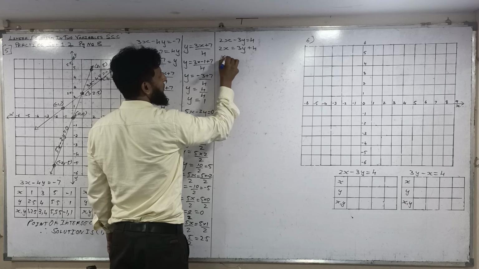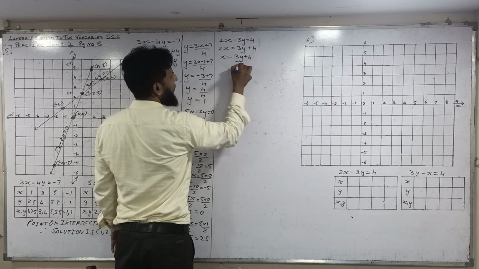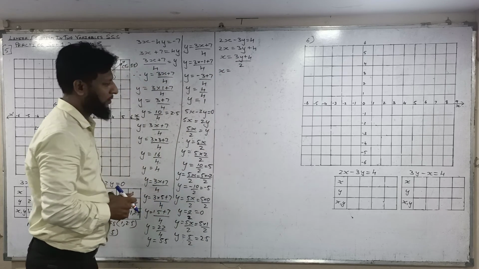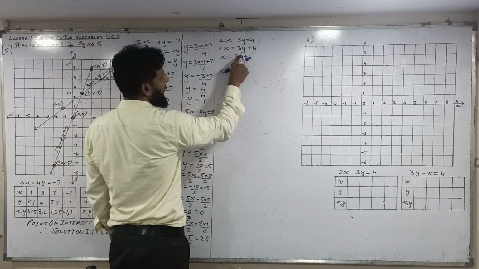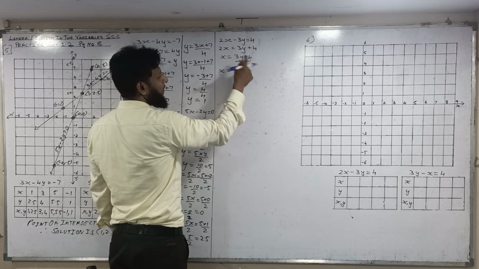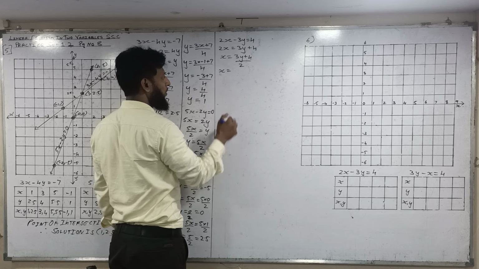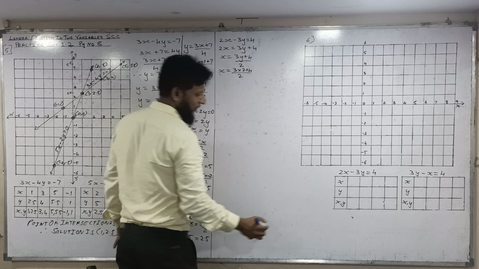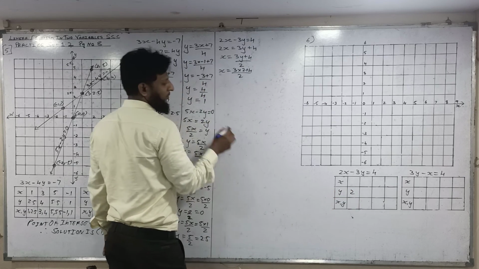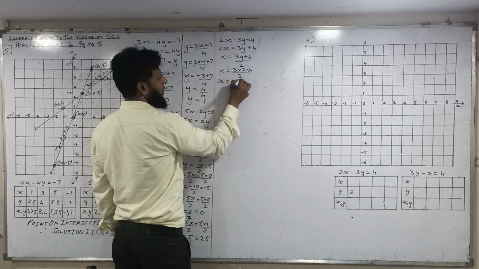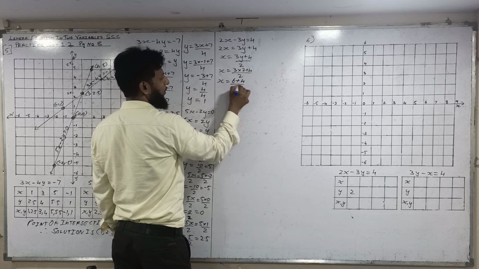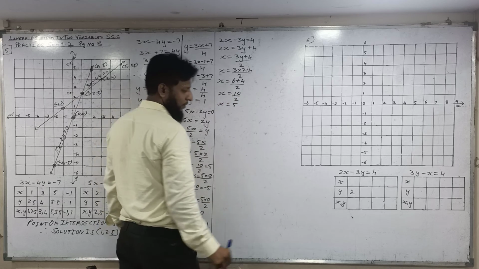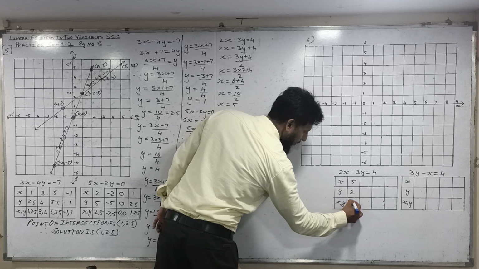Therefore now x is equal to 3y plus 4 upon 2. Now I take the value of y, so I will get the value of x. So now if I take the value y 2, 3 twos are 6 plus 4, 10, 10 divided by 2, 5. So first write the value 2, then solve it. x is equal to 10 upon 2, x is equal to 5. So 5 and 2.